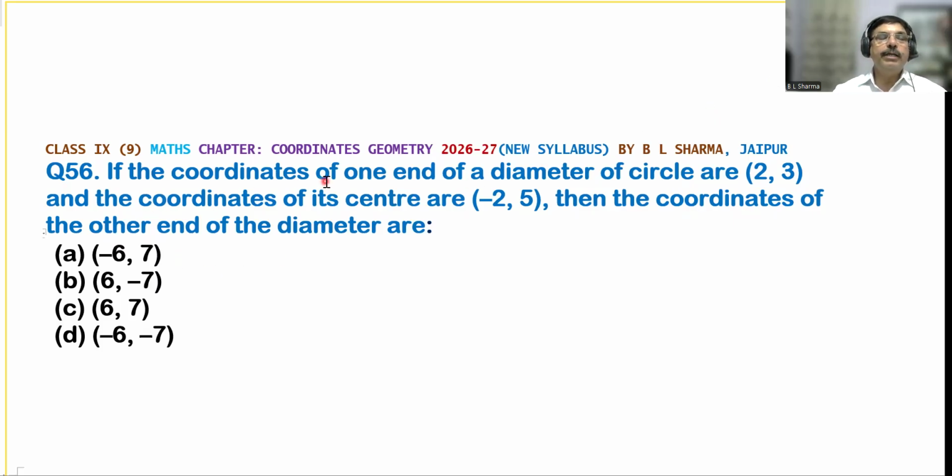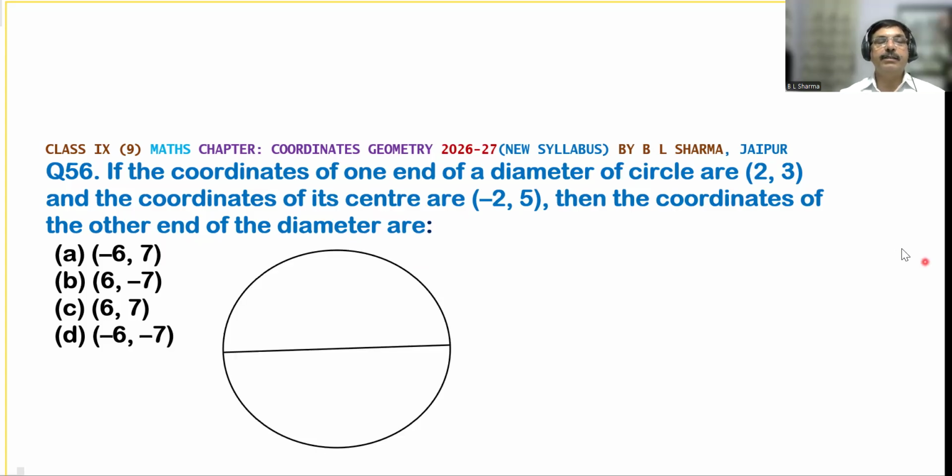If the coordinates, read the question twice, please. Means in mathematics, understanding the question means half done. अगर आपने क्वेश्चन ढंग से समझ लिया तो समझ लीजिए कि आपने आधा काम कर लिया. So read the question twice. If the coordinates of one end of a diameter of a circle are 2, 3, and the coordinates of its center are -2, 5, then find the coordinates of the other end of the diameter. That will be, see,